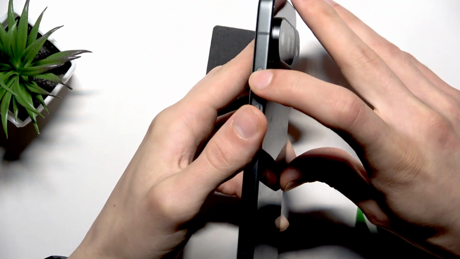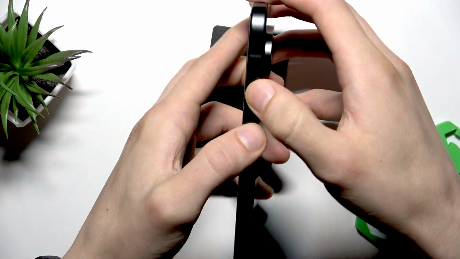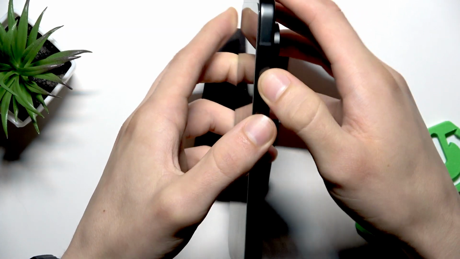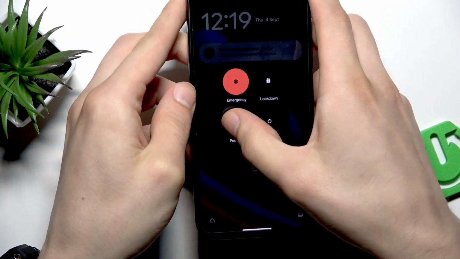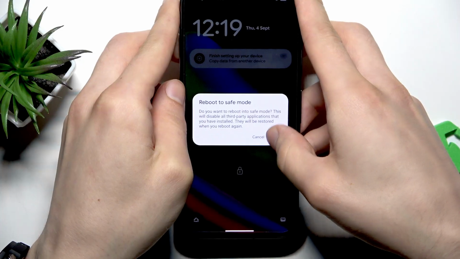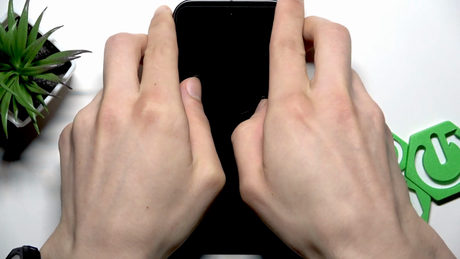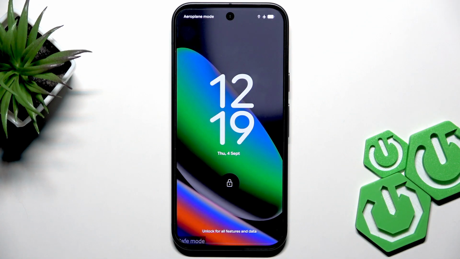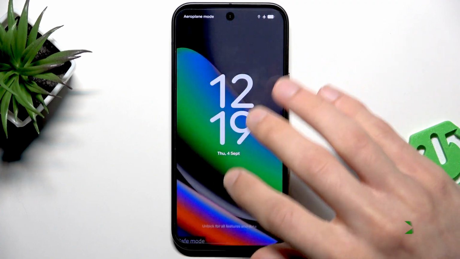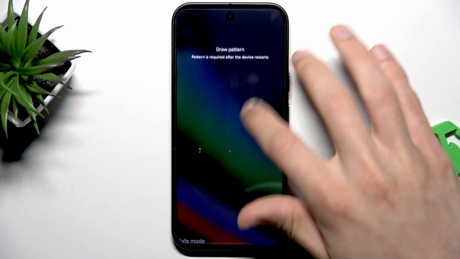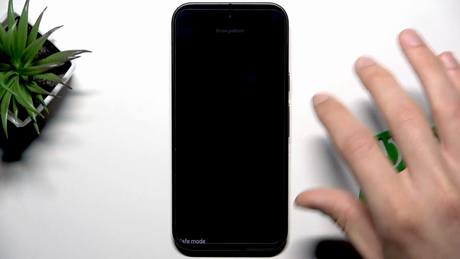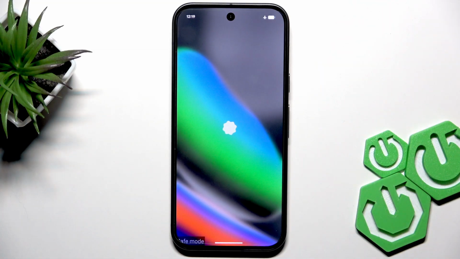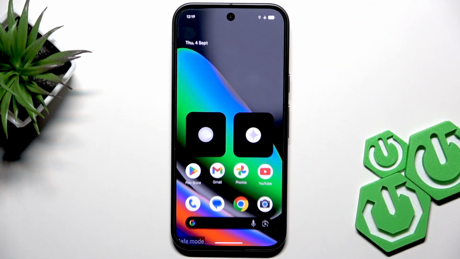So, in order to go into the safe mode, you have to press the power button and the volume up key at the same time, then hold down the power off option, select OK to reboot into safe mode, and then just wait until your device is restarted. Once your device is restarted in the safe mode, you will see the safe mode indicator in the bottom left corner of your screen. Then try using your lock screen pattern once again, and just in case you succeed, go